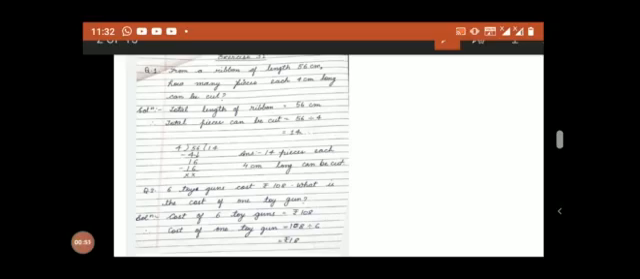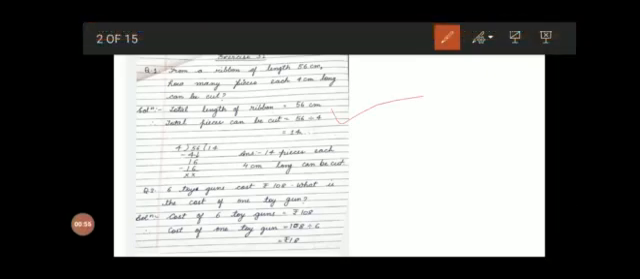Here we have the total length of ribbon equal to 56 cm. Second statement, total pieces that can be cut. Okay, and we have to find out how many total pieces can be cut. So we will divide 56 by 4. If we divide 56 by 4,